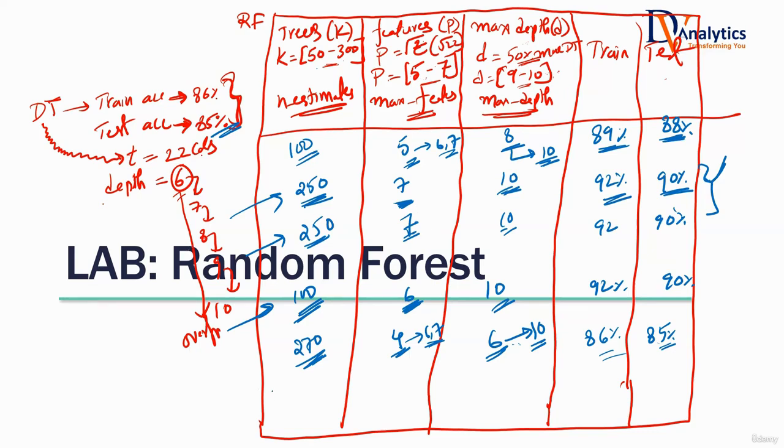The last one I'll write down from Arun. 30 trees, too small. What is the suggested number? When you're building the random forest, make sure the number of trees is very high. Try a number between 50 to 300. Max features 5, that is not bad. Max depth 7, now this is bad. Max depth has to be 50% more than a single decision tree. Try a number as 9 or 10. Right now you're getting 87, 86. The model has the scope for 90 to 90. Okay.